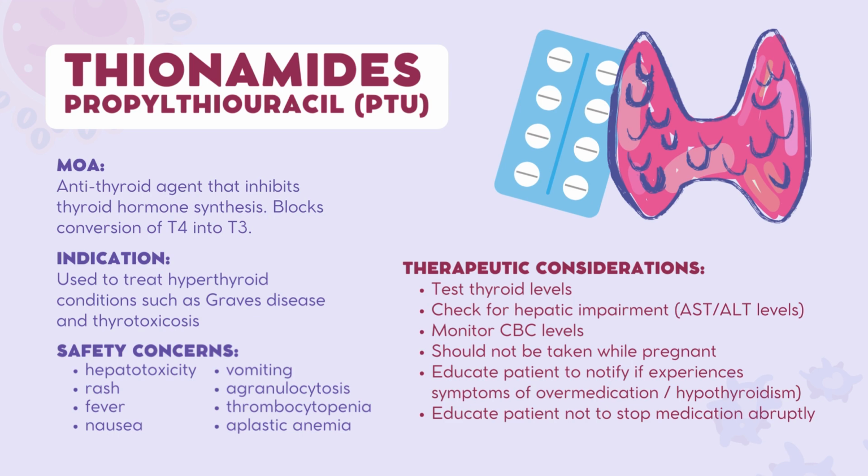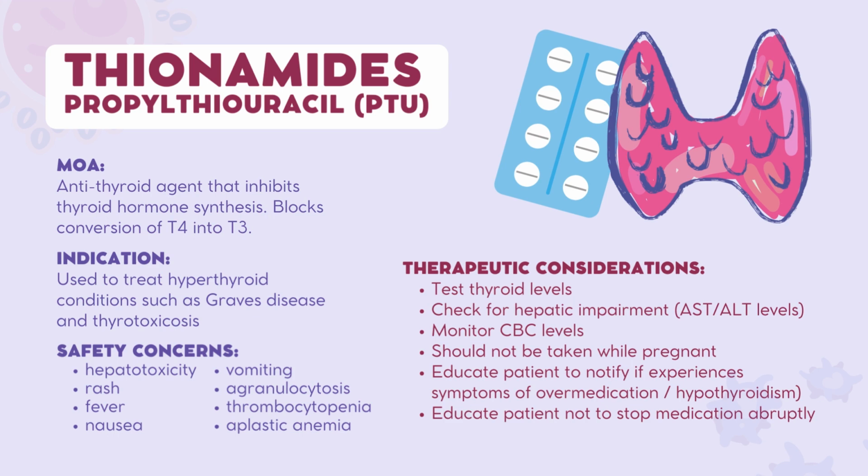There are some therapeutic considerations such as testing thyroid levels and checking for hepatic impairment, such as AST and ALT levels. We want to check the complete blood count, as well as make sure our patient isn't pregnant because this has teratogenic effects. We want to educate our patients to notify the provider if they experience symptoms of overmedication or hypothyroidism. There are also some safety concerns with this medication, and that includes hepatotoxicity, so toxicity to the liver,